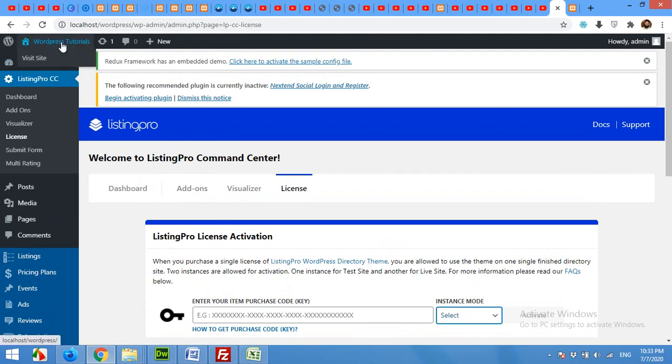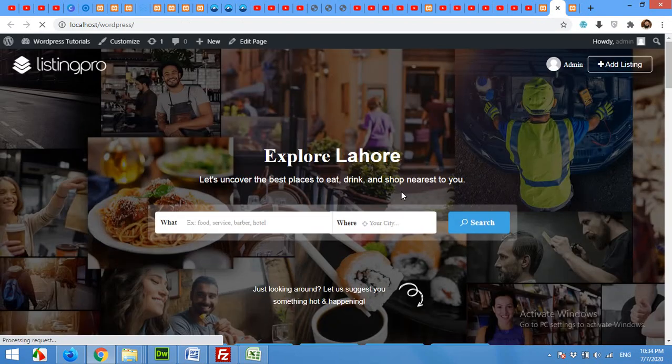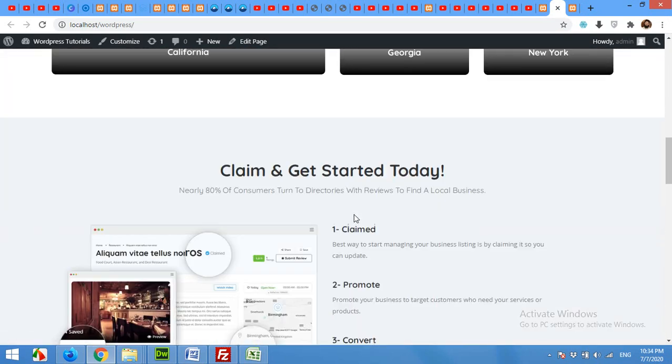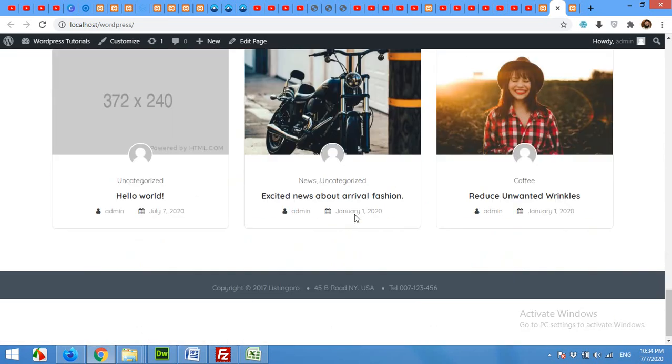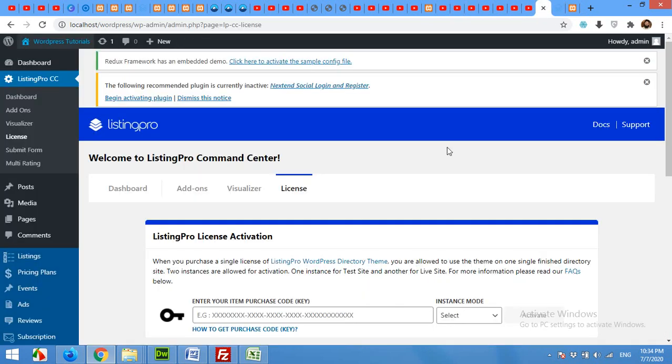Okay, now let's open your front end and let's see how your website looks after adding all these things. So here is the ready website. Its home page and all other pages are installed, but one thing is worth mentioning, that the Next10 social media login and register plugin was not installed successfully and it failed.